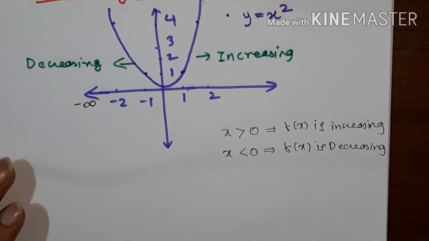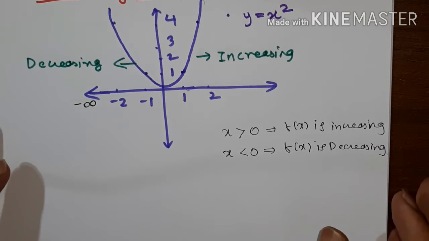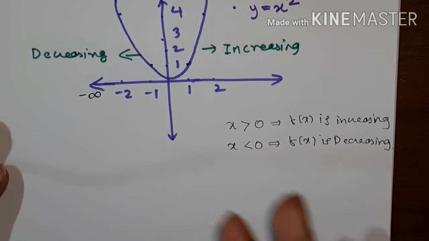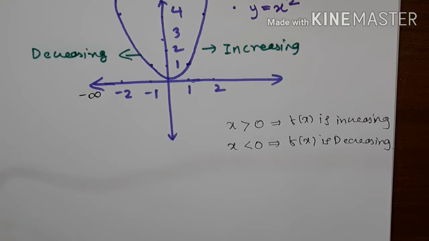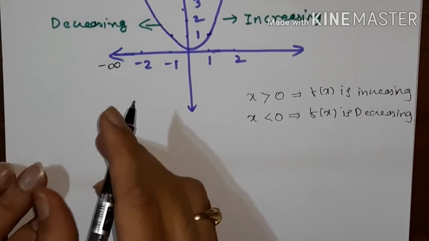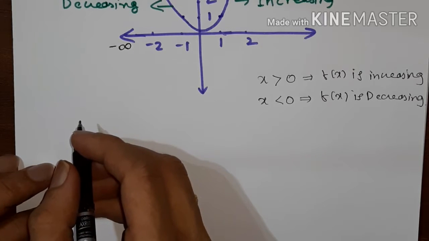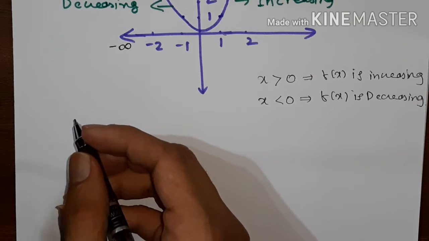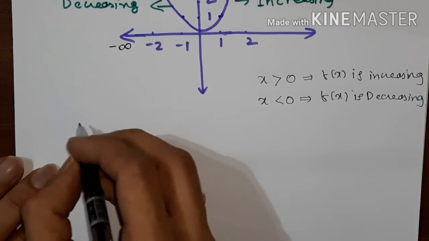So this type of graphs or this type of functions we will look at in this subtopic. We have to study this type of functions. Now for that you need definitions, the definition of increasing and decreasing function, so that you can solve the problems. So let us look at the definition of increasing, decreasing, strictly increasing, strictly decreasing formally.